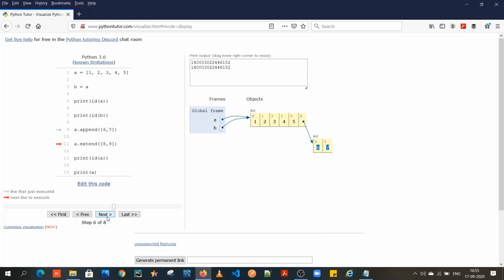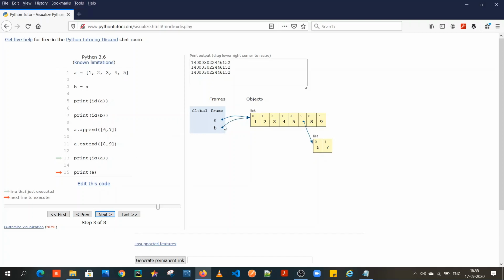But what extend does, and when I explain extend theoretically, it took more time and more energy from my side, and also I would not be able to understand how many people actually got the concept. But Python Tutor depicts that, and it's very easy to understand. I don't think anyone who does this would ever forget the difference between append and extend. And if you do, I've just added this to show you that the id, or the location, you can see it here as well. The location still has not changed. Everything has happened in place.